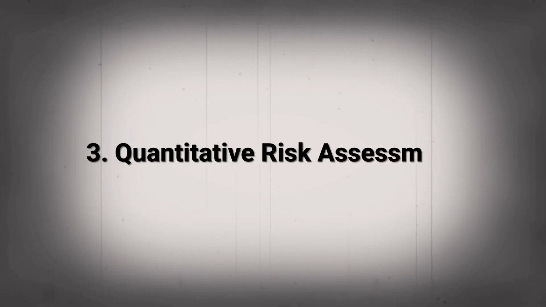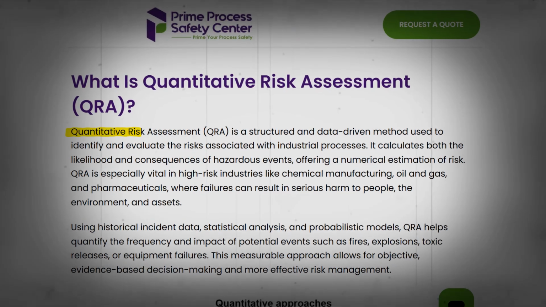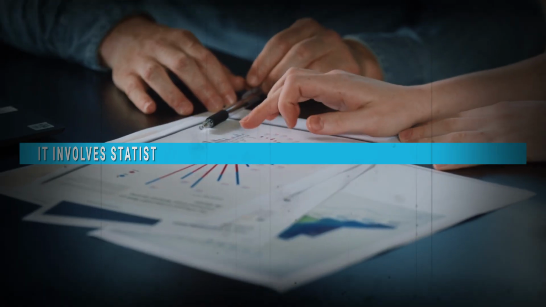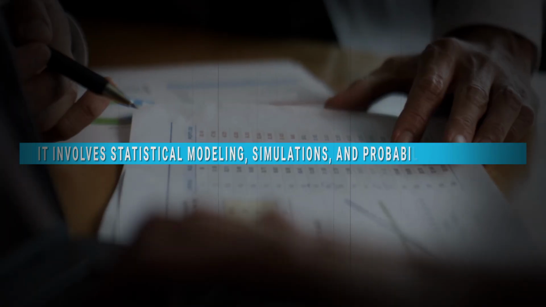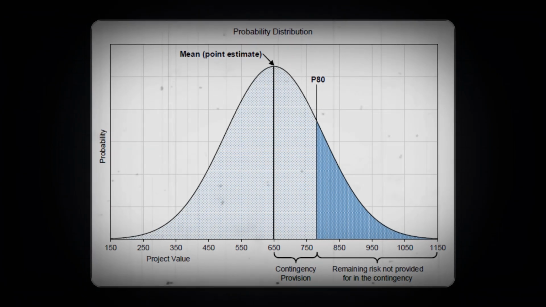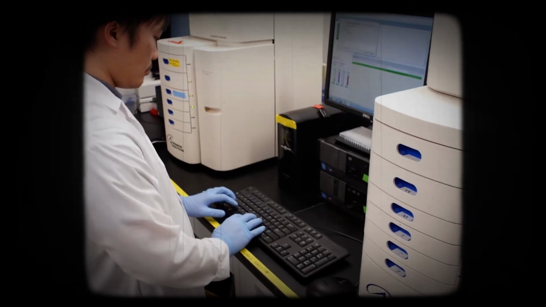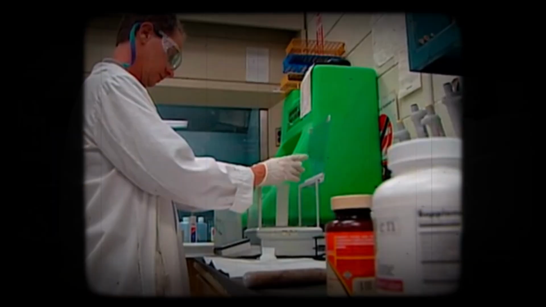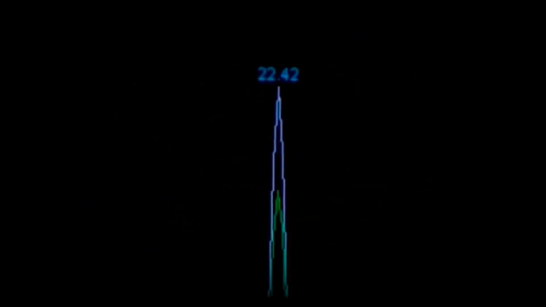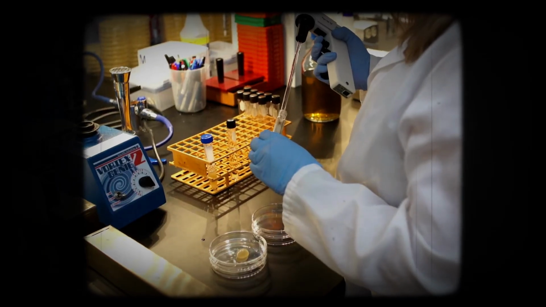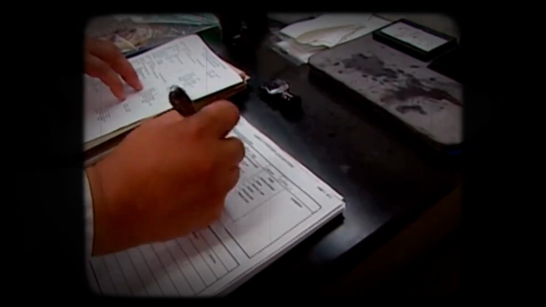3. Quantitative risk assessment. This is the most complex and data-intensive method. It involves statistical modeling, simulations, and probabilistic estimates, often down to decimal points and probability curves. It's typically used by government agencies and international bodies for microbiological risks or chemical exposure models, where the stakes and the uncertainties are higher. But unless you're designing national regulations or building a full exposure model, you likely don't need